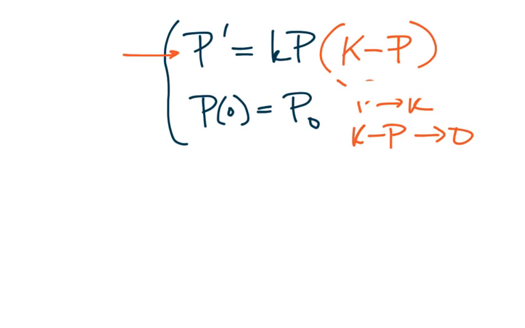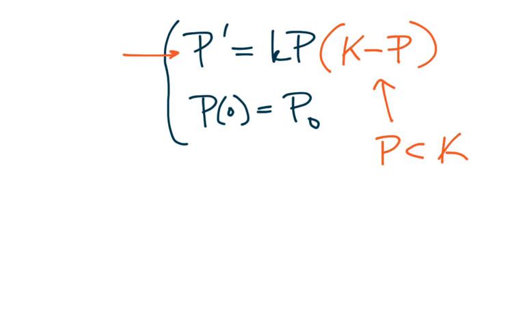And that will make p prime go to 0. So multiplying by this new factor does exactly what we need it to do. Now, I put p minus k first. That would have technically been fine, because that arbitrary constant in front would have absorbed that extra minus sign and made everything just fine. I want k minus p instead, because I want to imagine that p should be less than the carrying capacity in general. We generally want to assume that our population is less than the carrying capacity. And that will make k minus p a positive quantity.